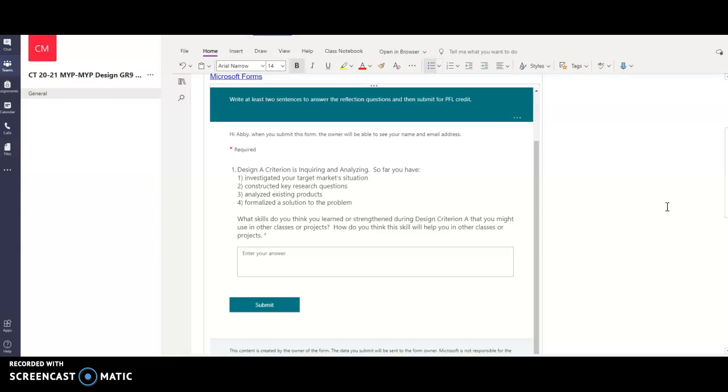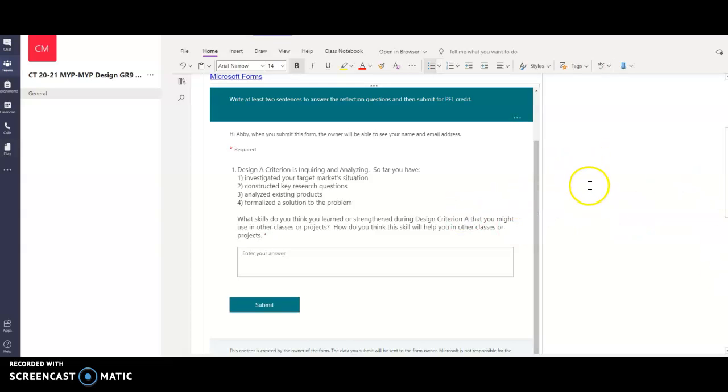So I would like you to think about at least one skill that you learned something new about, and that potentially you will use in other subjects and other classes or on other projects. So tell me what that skill is, one. Then the next thing you need to do is explain to me how you think this skill will help you with these other subject classes or with these projects. So real short, I would like you to get your brain warmed up today by thinking about what we've done and how you can use those new skills moving forward.